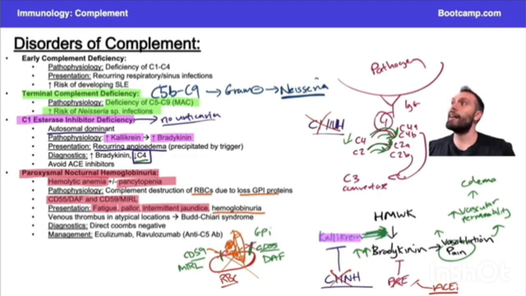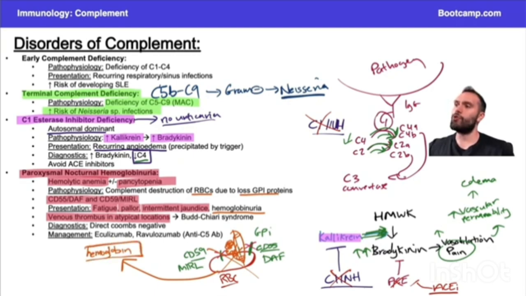Now, the very classic thing, though, that you'll sometimes see with PNH is going to be this venous thrombus in atypical locations. So the idea here is as you're destroying these red blood cells, like we just said, you're going to have breakdown that eventually leads to high levels of bilirubin in the blood, but you're also going to have hemoglobin. And hemoglobin can cause oxidative stresses onto the endothelial walls. So this hemoglobin can exert oxidative stresses,